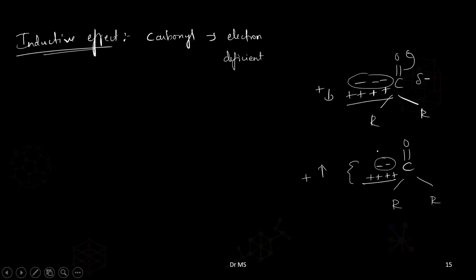So this pushing of electrons by the presence of an alkyl group on this carbon is called the inductive effect. If you don't understand, just remember it now. I'll not explain this inductive effect again. So just know,